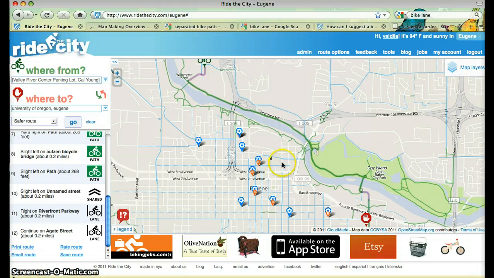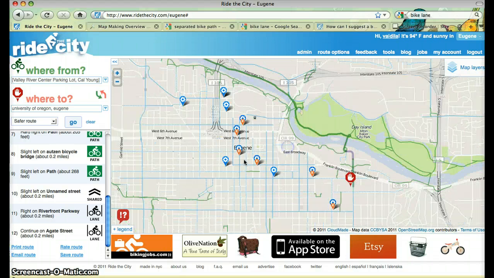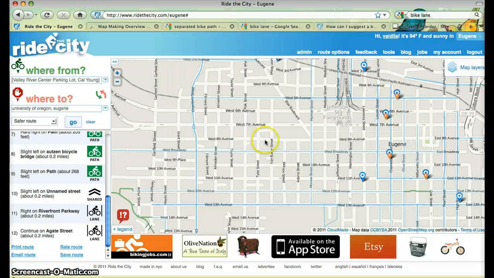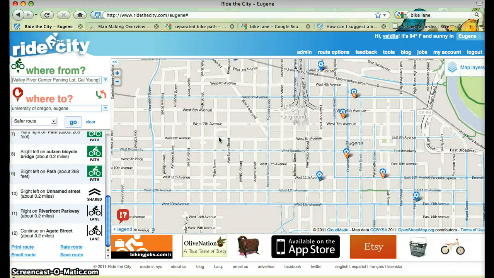So let's say that the map doesn't show some bike lanes that you really want to have on the map. Well, we make it really easy. You can right-click on the map and go straight into the base data of Ride the City. Ride the City is made of data from OpenStreetMap. I'll go there real quick,